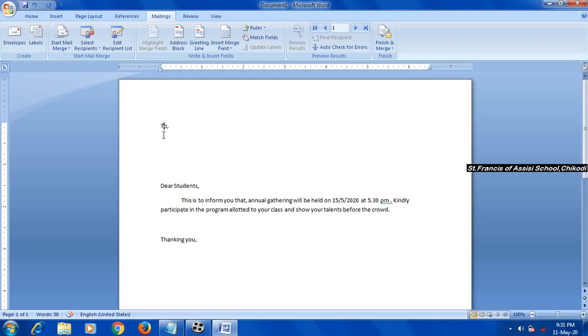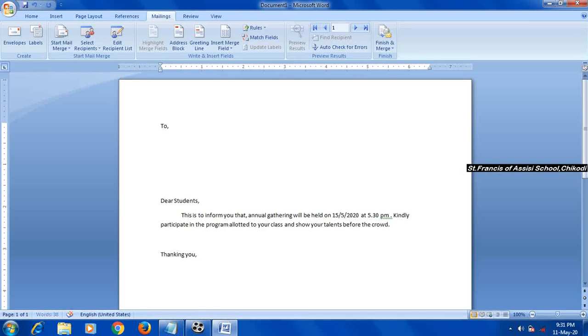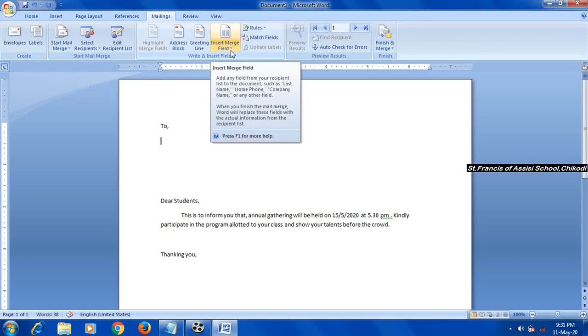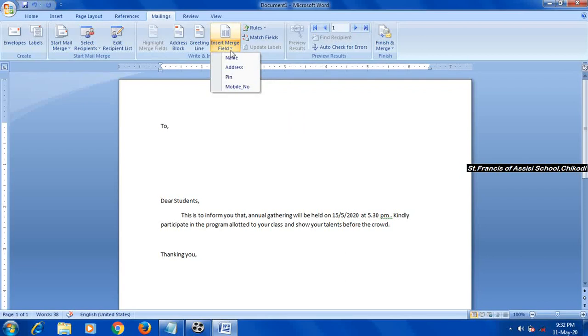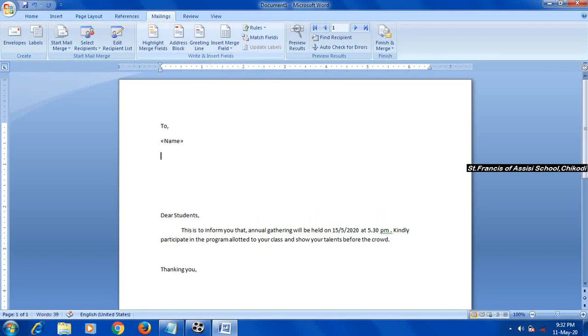For that, first keep the cursor after 2. Then after keeping the cursor, go to the insert merge field option. Here you will get all the field names, the fields which you have added in the database. Just click on name. Then I want my cursor on the next line, so I will press the enter key to insert the next field on the next line.